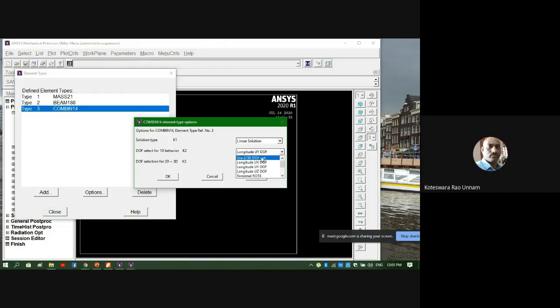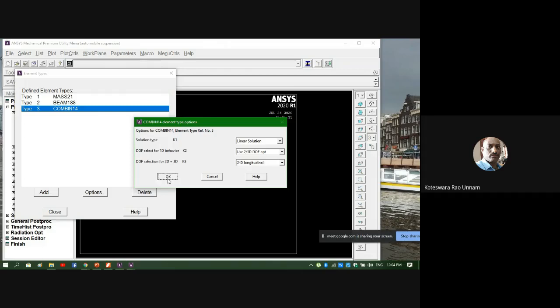What I'll do is, for the DOF selection for 2D and 3D, I'll select 2D longitudinal spring here. That means the spring will move only in a plane. And the spring is longitudinal. It is not a torsional spring. It is only a longitudinal spring. I need to select this option also. If you select like this, you will get the correct results. Otherwise, it will take default values and solve for you.